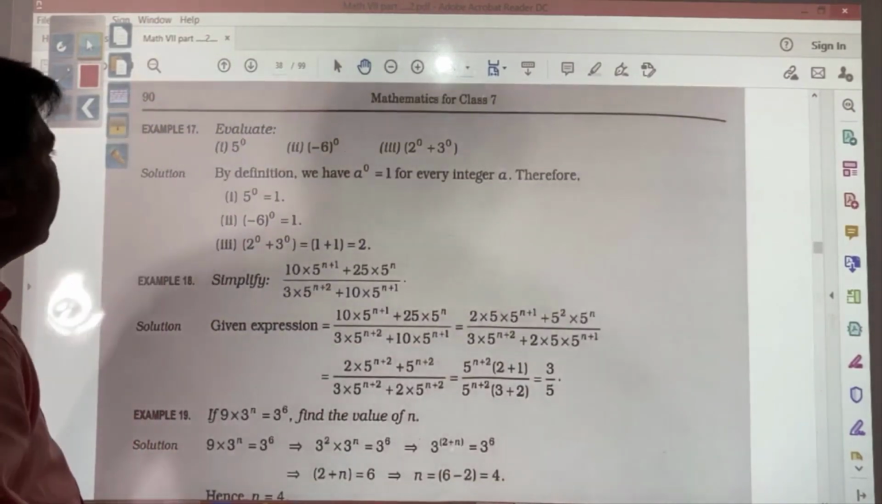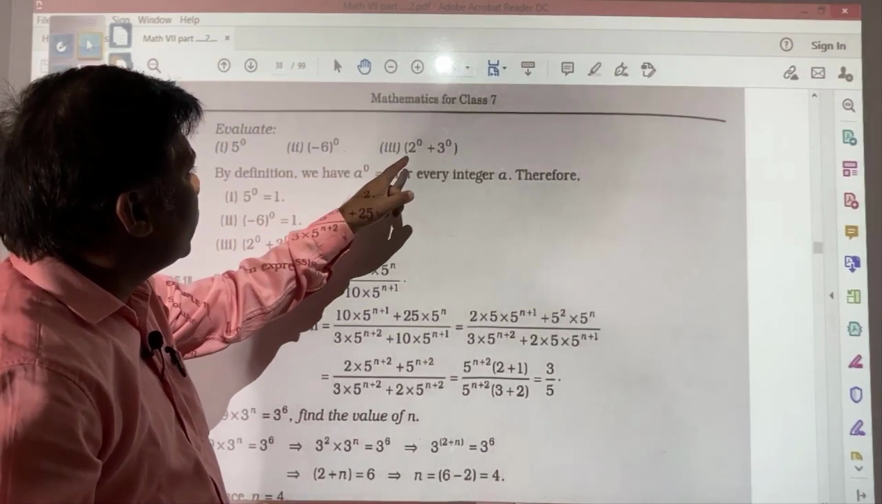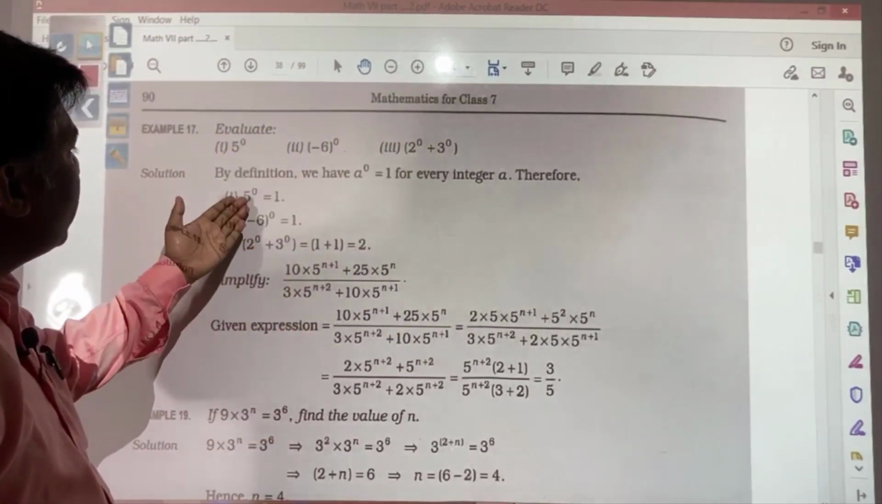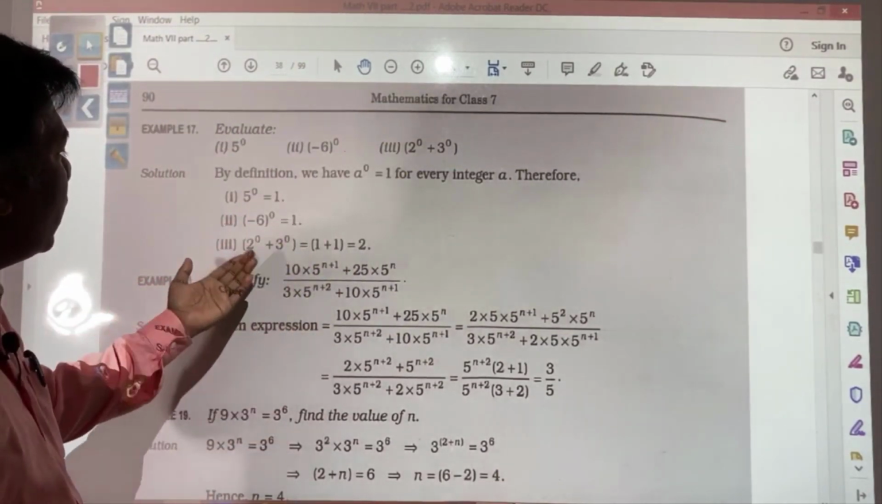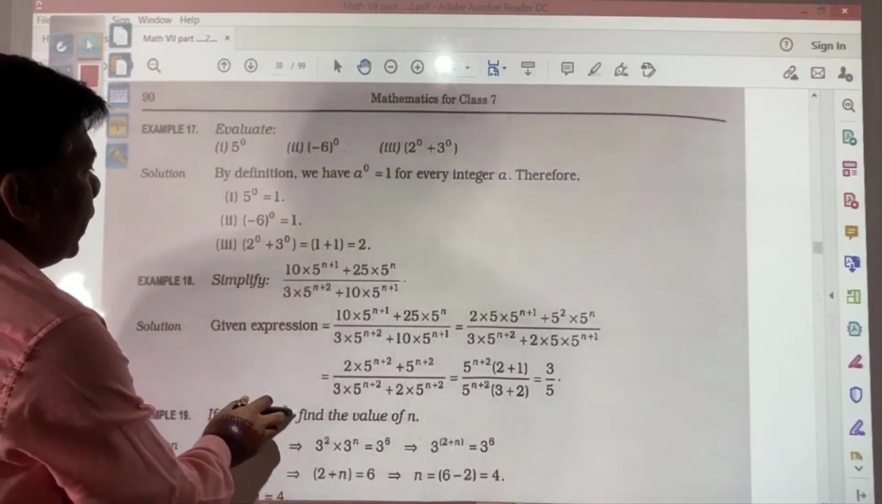Then you have: evaluate 5 to the power 0 minus 6 to the power 0. So easy it is. 5 to the power 0 is equal to 1, this is 1, and this is 2. Next you have